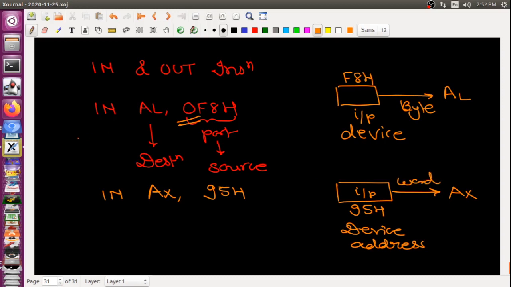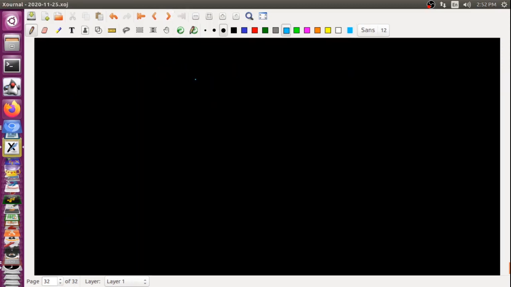We can think of this data transfer as going on a direct basis. So I am writing one more important point: this is called a direct type of instruction. Why a direct type of instruction? Because you are clearly mentioning the port address here. I will give the example of the indirect way also, to show how we can do the indirect operation.